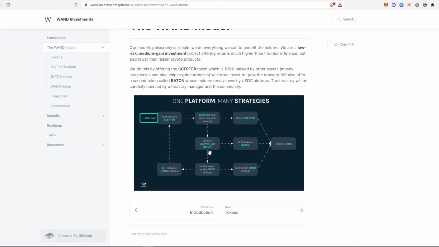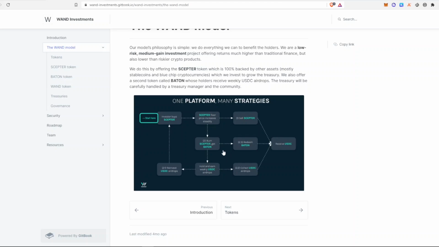Or you can, once you've bought it, get their second token, Baton token. Now this token is a rewards token. It's going to pay you out in weekly USDC airdrops. This token also has a treasury behind it, which is going to be a low to medium risk treasury. So they're also going to be investing in stuff like stablecoins, then maybe taking on a little bit more riskier stuff as well, with the aim of increasing their portfolio a little bit more over the period of a year,